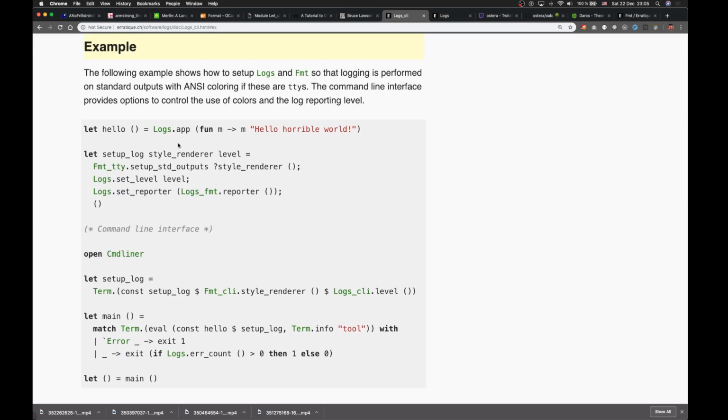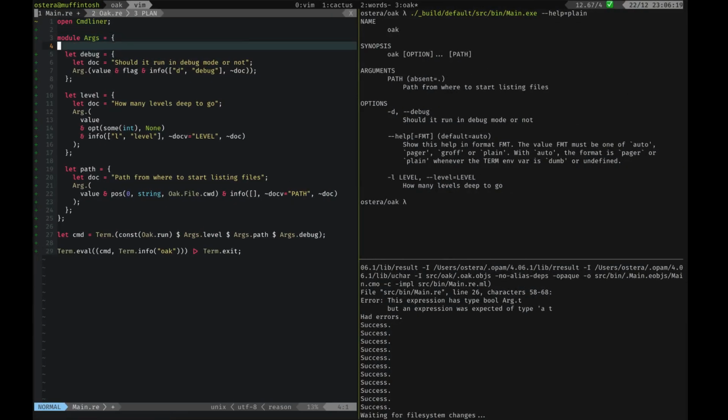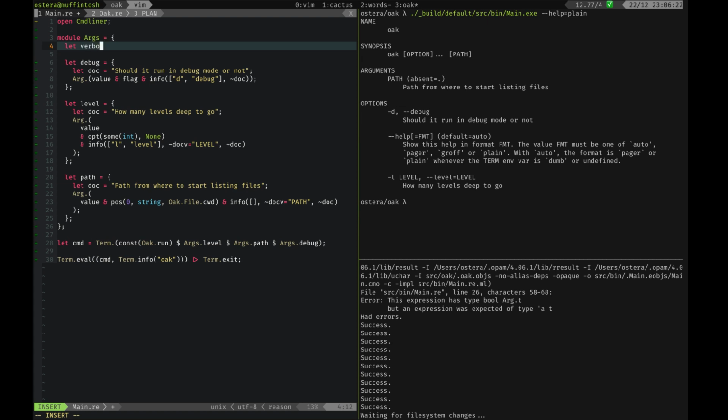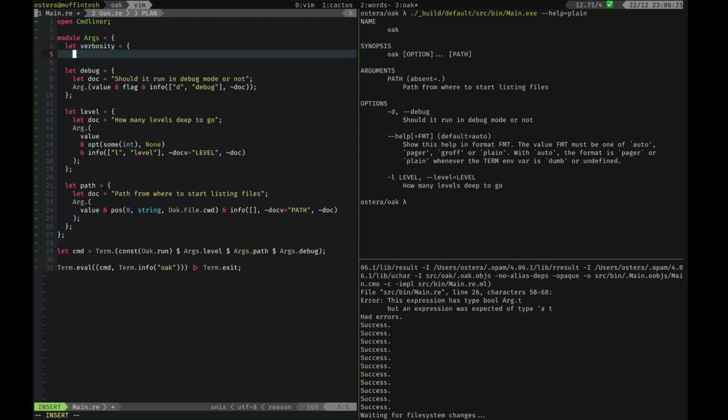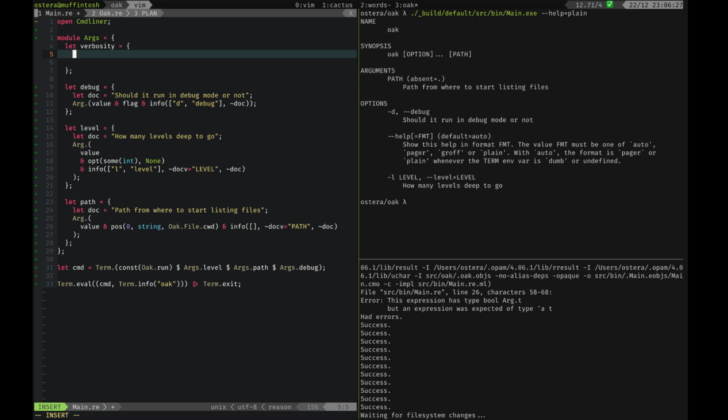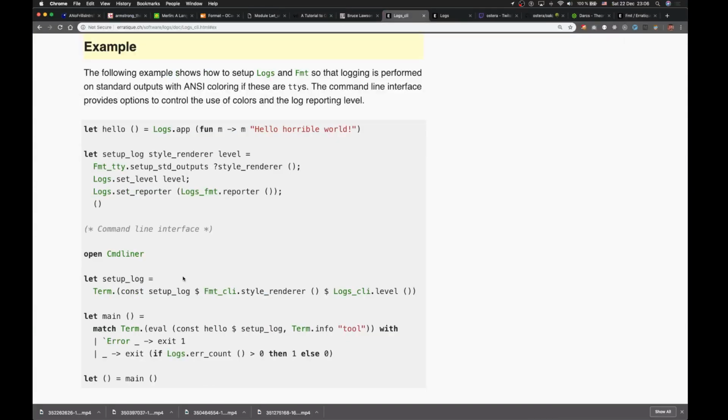Log CLI. Hello seems to be the application, which in our case will be oak.run that takes some parameters. And the function setup log is something that we will need to replicate. All right, so let's start by building the term, and then we'll fill in the gaps. So we will have a term, and we can call this verbosity. And this term will, I think, yeah,